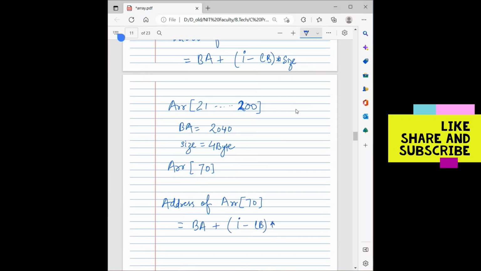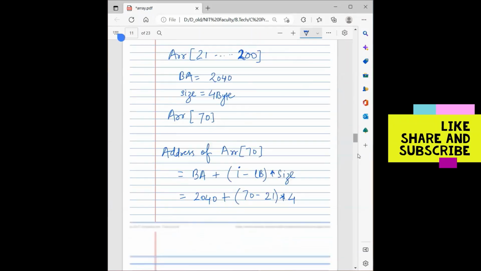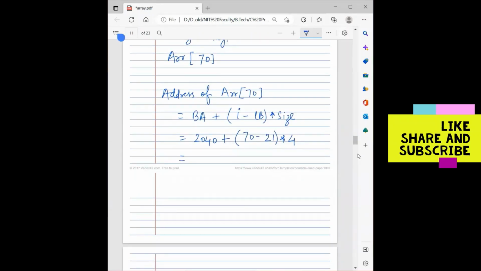Here the lower bound is given as 21. So we'll write 2040, the base address, plus I is 70 minus lower bound 21, into size 4 bytes. So what will be the answer? 2040 plus 70 minus 21, which is 49,